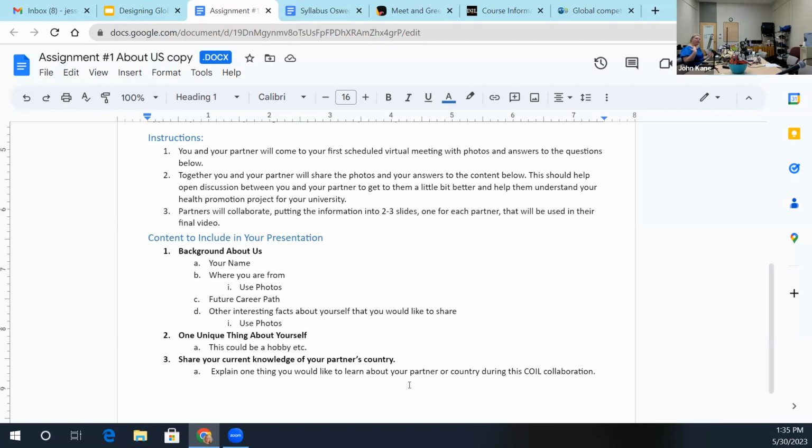So the first couple were really background about who they were: their name, where they're from, using photos. They had to collaborate in their virtual meeting. They had to come to the meeting with the photos, talk about those photos, and create the PowerPoint together, create those slides together virtually. And interesting facts, what their hobbies were, and sharing what their current knowledge was of the